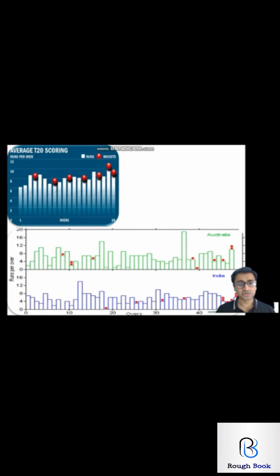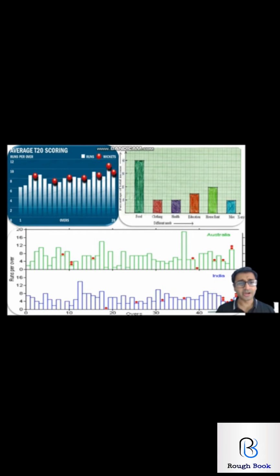Hi, can you see something on the screen? Yeah, good old days when I was too young. My parents used to watch matches and such type of graphs used to come on the screen. And I always used to wonder, are these some kind of worms or something? And then something like this used to come. And I used to wonder why all bars are being made. It is only now that I realize that these graphs are representing some kind of data.